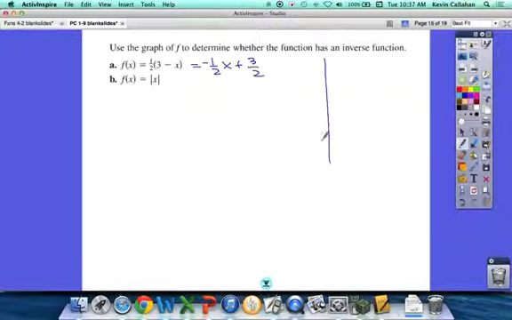That would have a y-intercept of 3/2. It would have a slope of negative 1/2. Down 1, right 2. So about right like that. So if that's the graph, is it one-to-one? Yeah. Sure. In fact, when it comes to linear functions, there's only one linear function that is not one-to-one. And which one is that? A horizontal line, right? A horizontal line